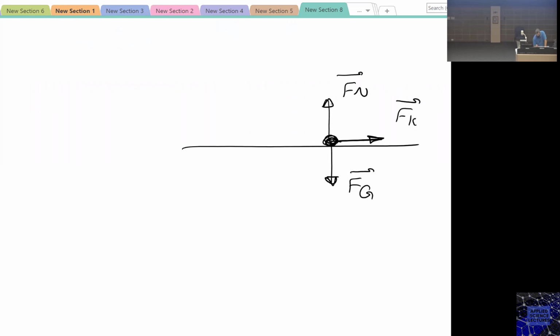And then this is the displacement, where here the final velocity would be 0. Okay? So if I put my coordinates now on here,